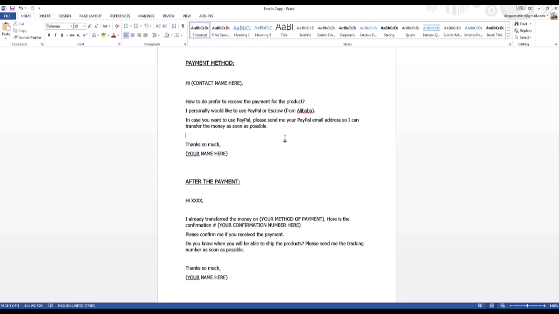Because if you use PayPal, you use your credit card to transfer the money. So let's say you are transferring $200 for X number of units. You can use your credit card on PayPal. They will give you their PayPal email address, which I am asking for here. In case you want PayPal, please send me your PayPal email address so I can transfer the money as soon